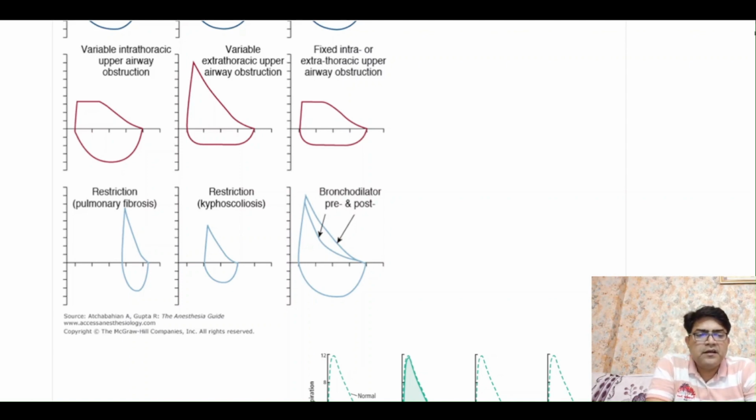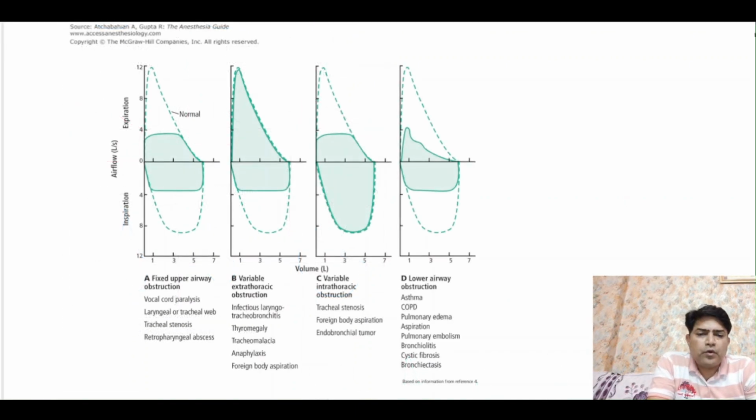And in the next figure I'm going to show you all the causes, so you can have a look at that. If those are asked in the examination, you can answer those. Now you can pause your video and see the various causes of different types of obstruction, be it fixed obstruction or variable intrathoracic or extrathoracic obstruction. These are not usually asked, but you can have a look, and if sometimes they are asked, then you can